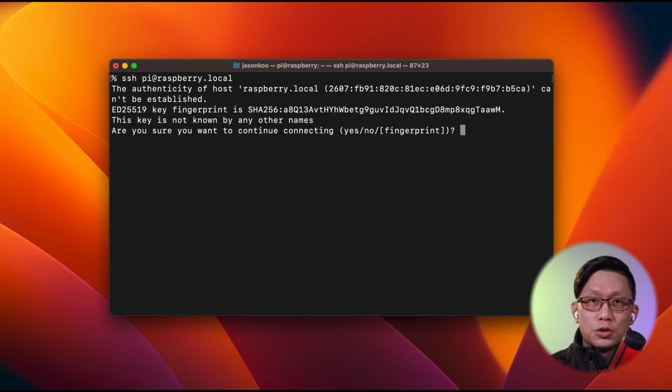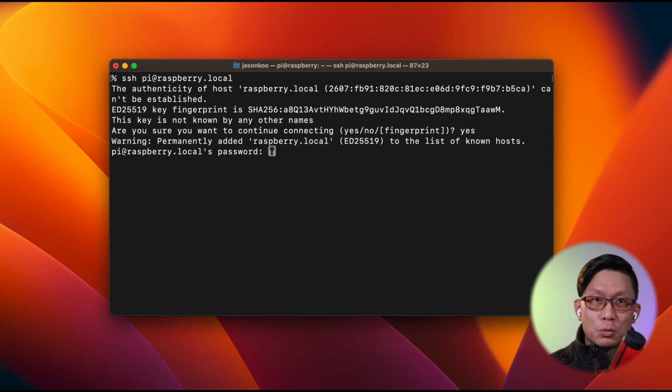Now, the first thing your terminal is going to bring up is asking you if you want to accept the SHA fingerprint of the device as an acceptable device to connect with. So just click yes, and then immediately afterwards, you will enter in the password for the Pi. Now again, in my case, I've installed the default username and password. So again, it is raspberry for the default